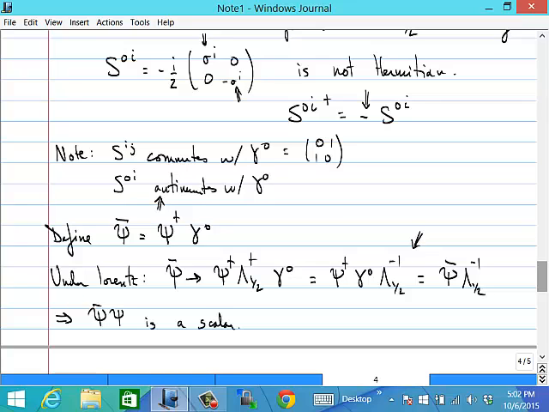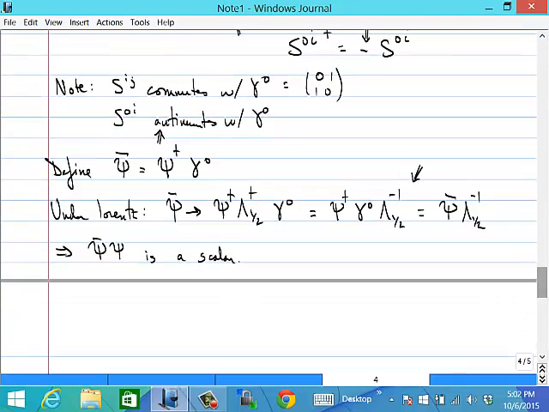Good. So if we want to construct an action, we can begin by thinking of quantities like psi bar psi. So for example, what would happen if you just had psi bar psi in your action? Well, if you varied that with respect to psi, you would get something linear in psi. So